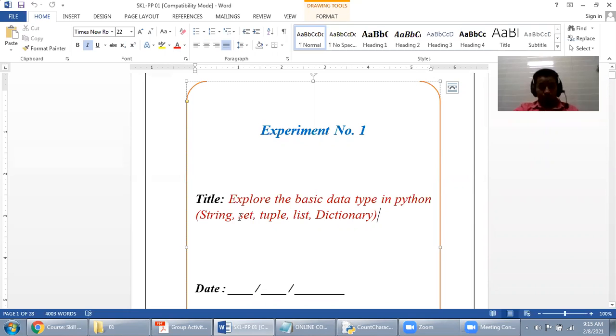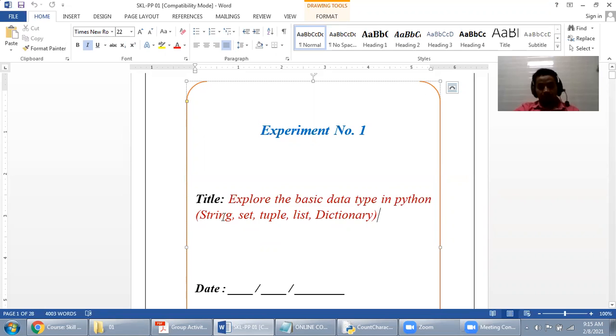So those who are working in Python should be aware of the set, the tuple, the list, and the dictionary. These are the four more important data types, which will be used in the further chapters also whenever required. So here we are going to discuss them in the practical in this session as well, whereas in the lecture we are going to see them in detail.